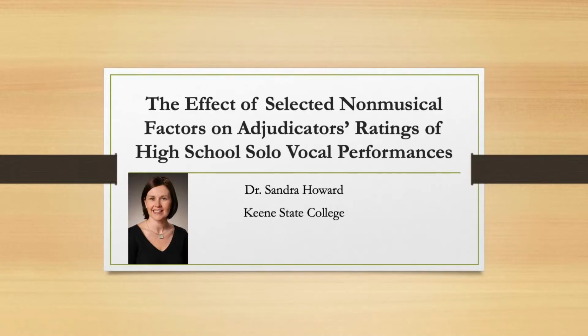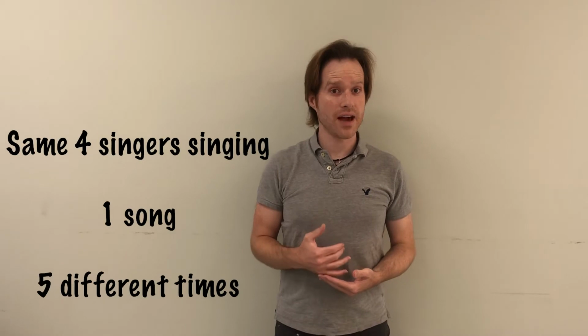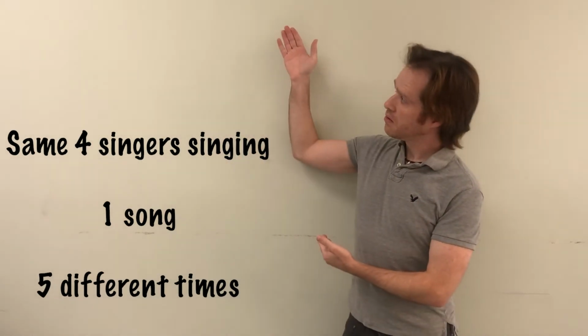There was a study done by Dr. Sandra Howard out of Keene State College that basically addressed our perception of what we see affecting how we hear music or how we adjudicate. And in the study, she had singers divided into 5 categories. Category 1,